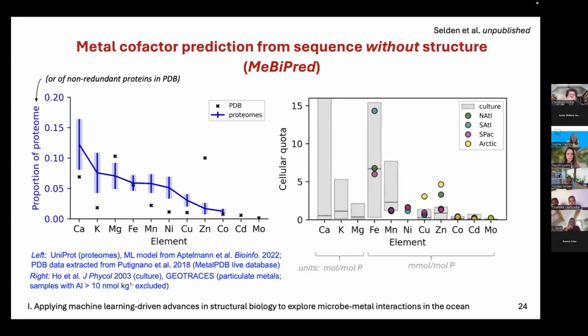Right? And we can see that they vary in the proportion of their proteomes predicted to be particularly calcium and potassium binding, both of which make up a pretty substantial fraction of the proteome. Iron proteins are predicted to make up only about 7% of the proteomes of our marine organisms, and this is less variable across taxa. Right, so we can begin to get some insights here, and this approach can potentially provide new insight on the metal dependence of different metabolic functions and the metal requirements of different organisms, and consequently, could be really valuable in complementing direct biogeochemical approaches like those that I'm showing in the plot on the right.